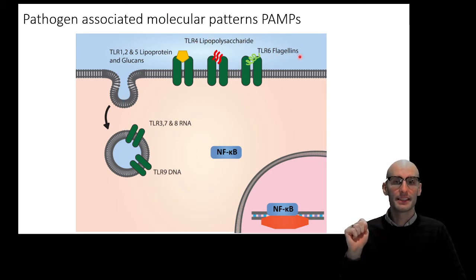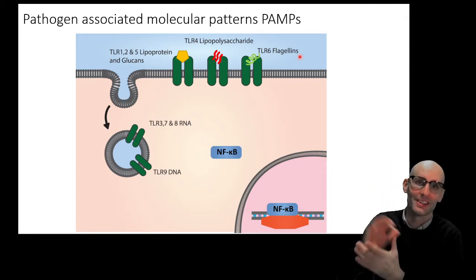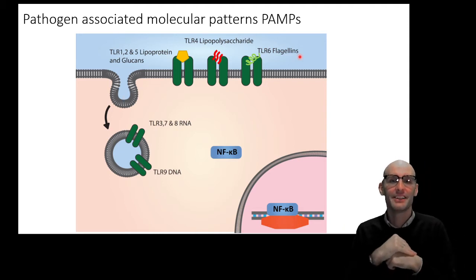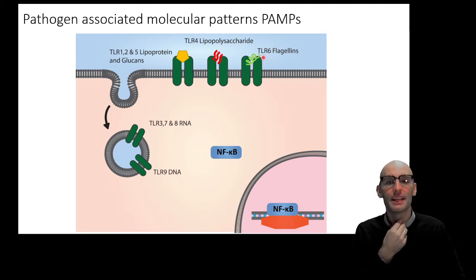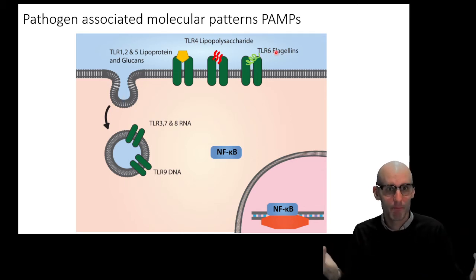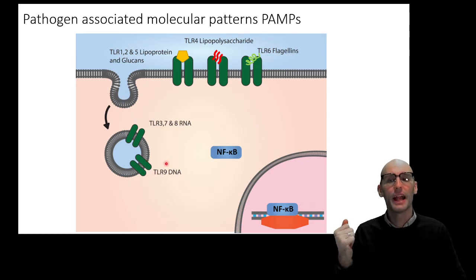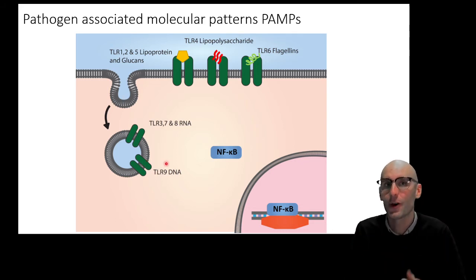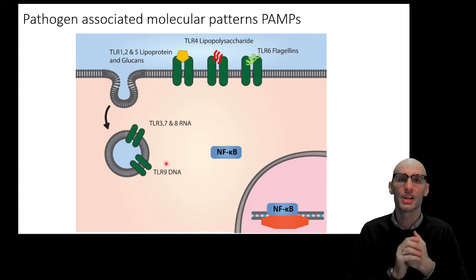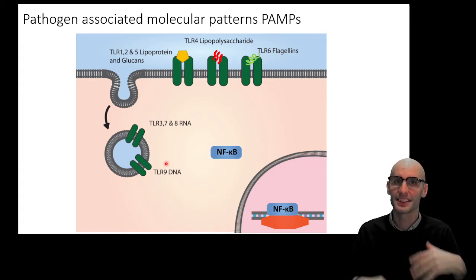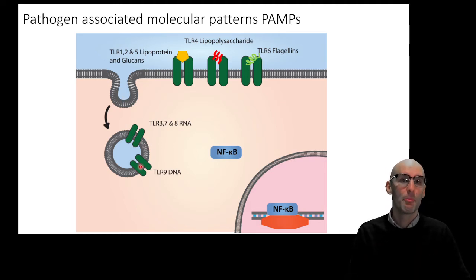TLR 6 detects flagellin. So flagella are the little spiral things on the tails of bacteria, and because the human body doesn't have flagella, it's a great thing to detect. So TLR 6 can detect that molecular pattern. Now TLR 3, 7, 8, and 9 can detect those weird genomes of viruses, right? So those GU and GC rich genomes of viruses, the either RNA or DNA genomes, and they actually, because the